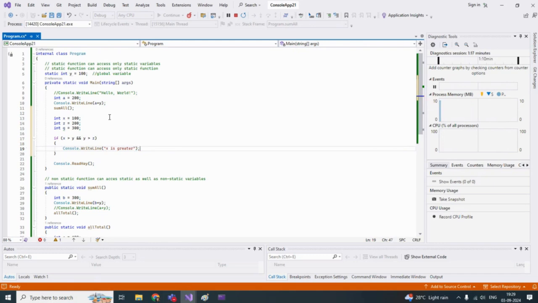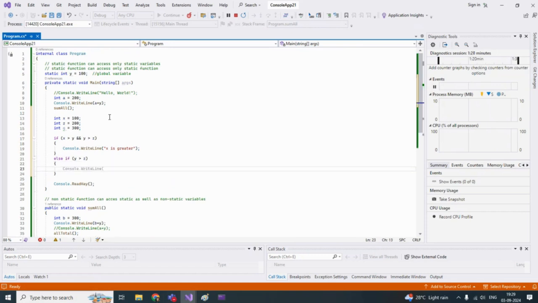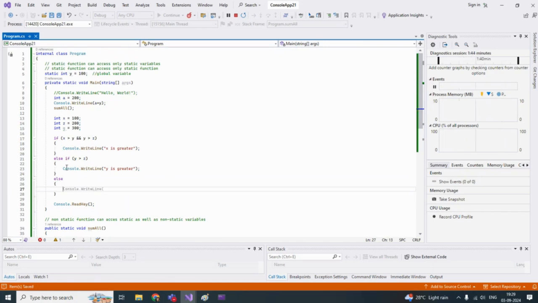Okay, and in another condition, else if y is greater than z, then it will print y is greater, and else we will say... I'm assuming that you know if and else. Yes. Okay, now in this case you can clearly see that it will print